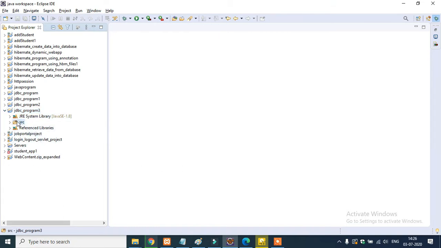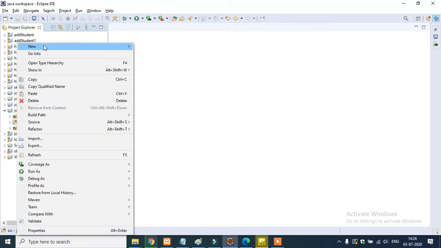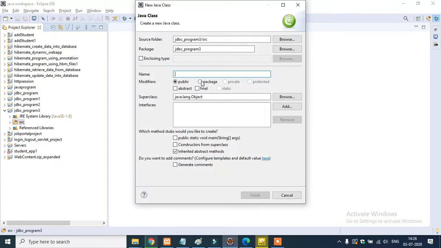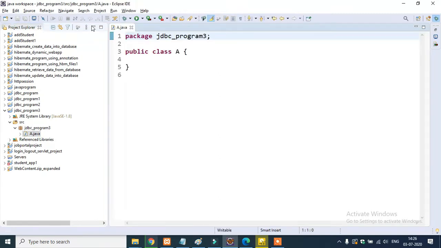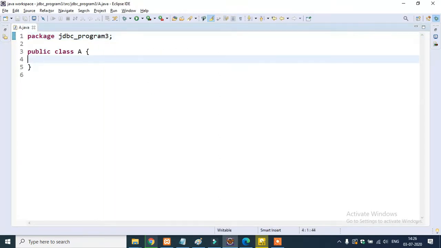I'm going to create a class. Always right click on src, go to New, Class, and let's give it a name. Click on Finish. Now guys, I will start with the main method.